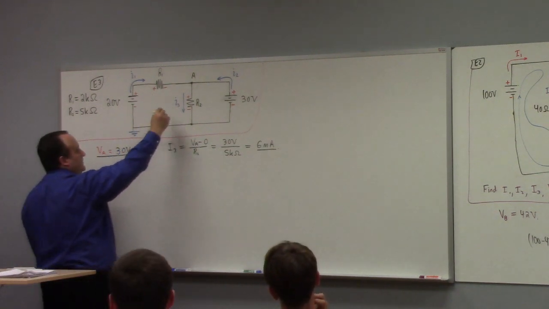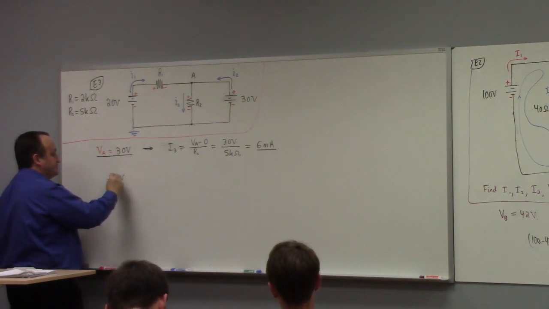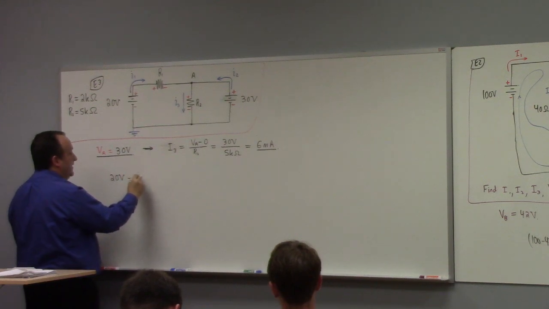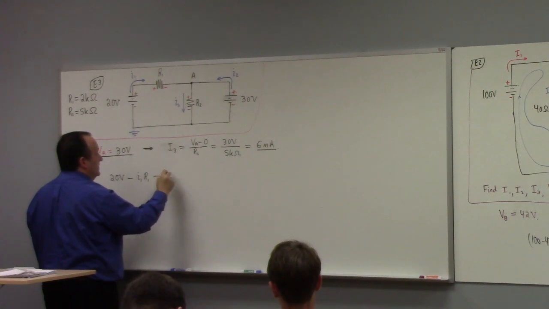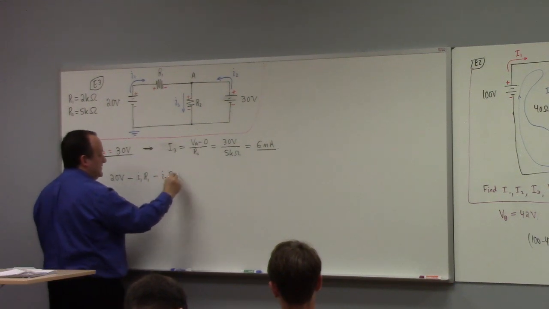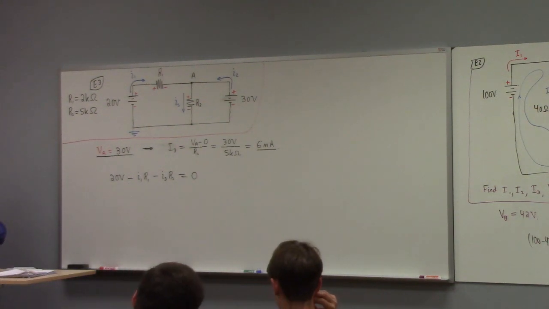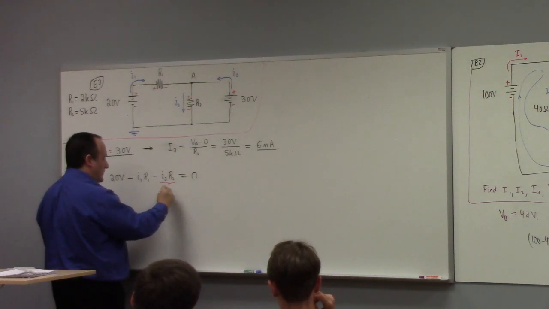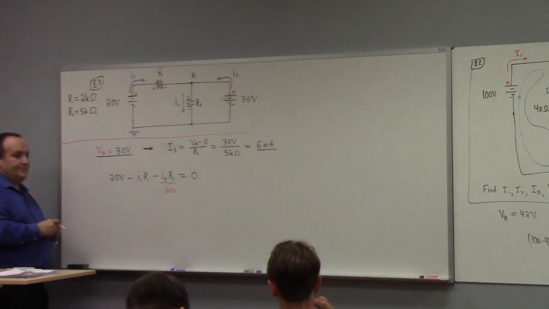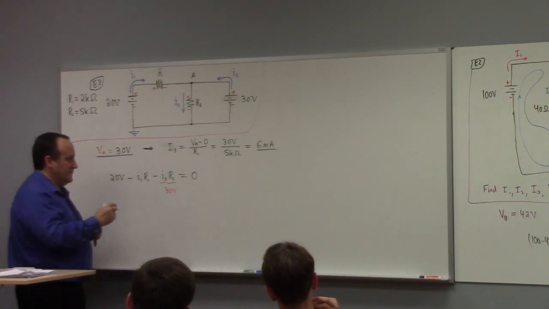So let's do Kirchhoff's voltage law around that loop, right? So we've got 20 volts minus I1 R1 minus I3 R2 equals 0. But you should recognize I3 R2 as the thing we just did, right? Like this is literally 30 volts. That was what we just went through. That's 30 volts. And as such, this tells me